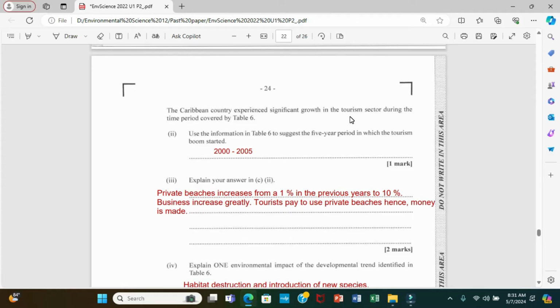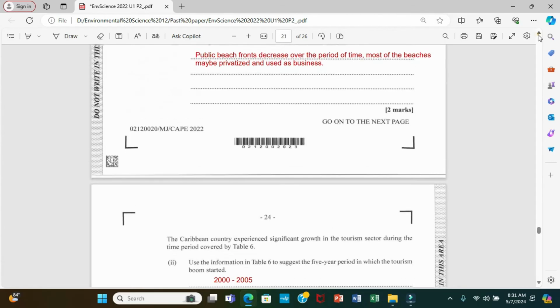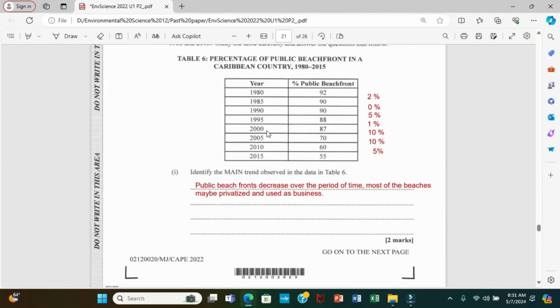All right, so they started to make a lot of money. So boom year means starting to make a lot of money from tourism. Now the year that we got was 2000 to 2005. Now let's look back at the diagram. So this is what we have, between 2000 and 2005. So as you can see, when you take away 70 from 87, we got